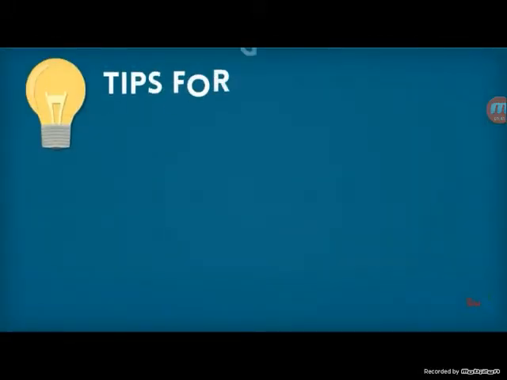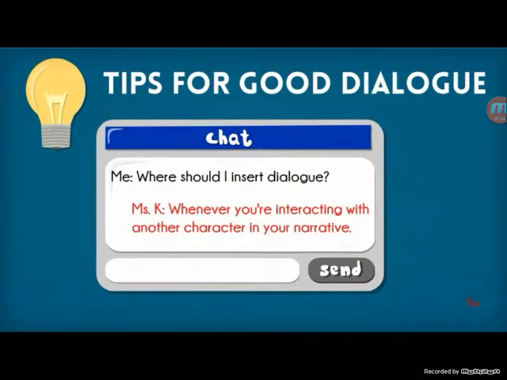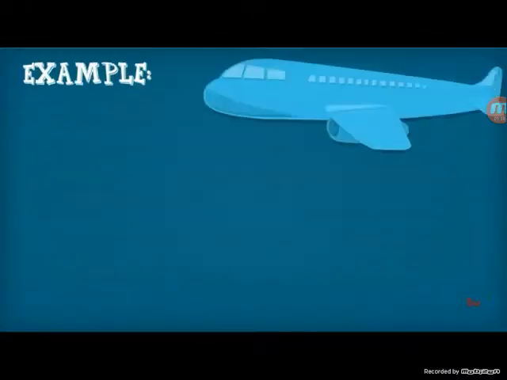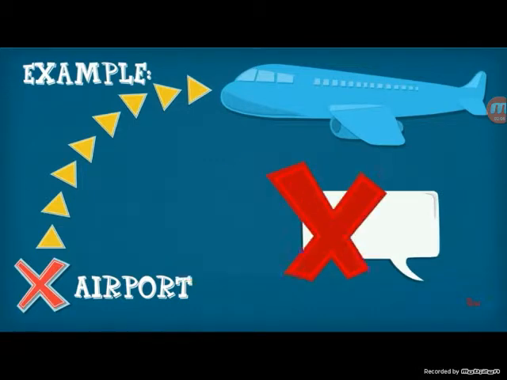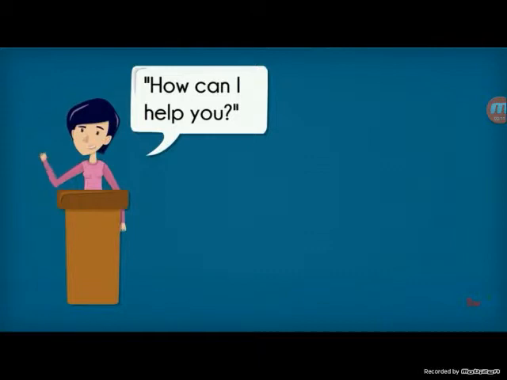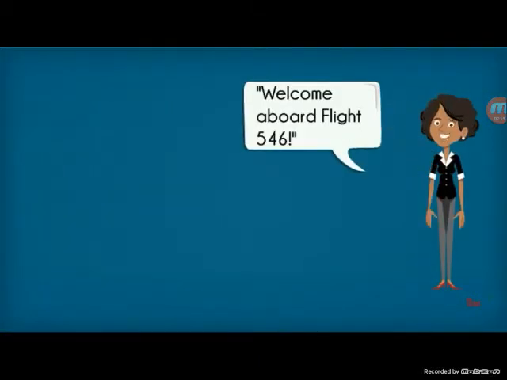First, let's talk about some ideas for writing good dialogue. The first step is to make sure you write down these tips. A good rule to follow is to think back on the event you're writing about and to find spots where you, the narrator, are interacting with other characters. For example, let's say you're writing about taking a flight somewhere. I doubt that you made it all the way through the airport to your plane without speaking to anyone at all. Some people you probably spoke to were the customer service person at the counter, the person who scanned your ticket, and the flight attendant once you were on the plane.